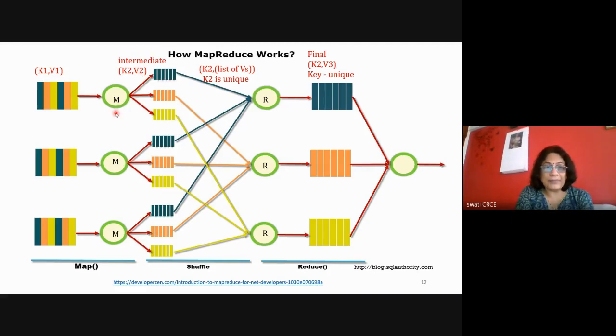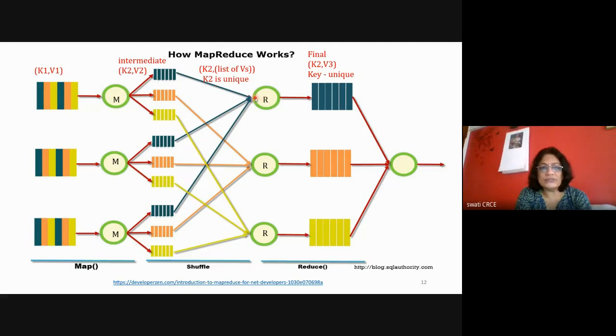The mapper's output is the intermediate key value pair that acts as input to the shuffler. The shuffler is a framework. It looks at all the outputs of all the mappers. It knows everything that is happening in the cluster. The shuffler will extract the same keys from different locations, and it will send all those keys together. So it may perform a group by operation or sorting operation, and it will act in such a way that all the same keys reach one reducer.